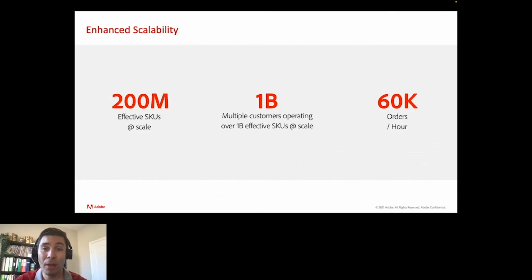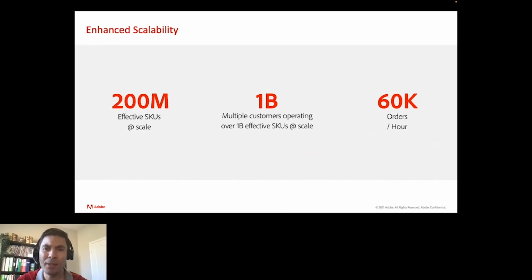Up to 3,000% improvement in our ability to process orders within a given hour. We went from 1.7K to 60K, 60,000 orders per hour, with just a minor solution that our engineers have thought of.